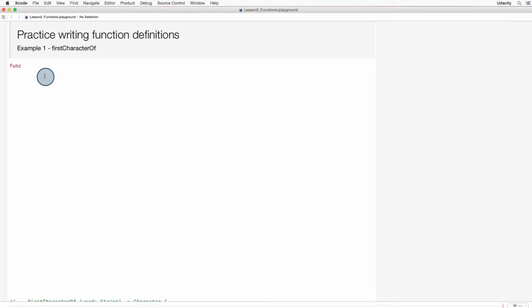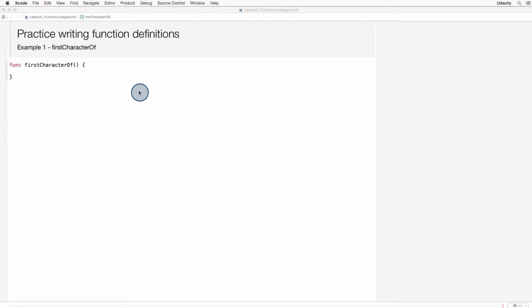Again, we start with the func, and then we need a name. I'm going to call this one firstCharacterOf. I'll add my parentheses and my curly braces. In general, don't shy away from long names. Especially in the age of code completion, it's more important to be descriptive than it is to save yourself a